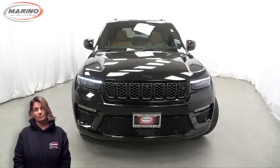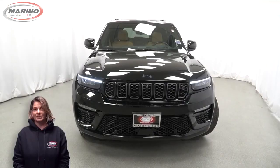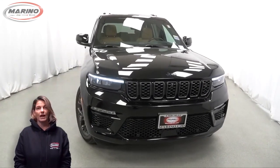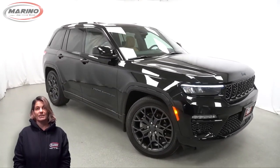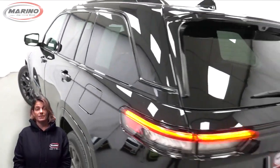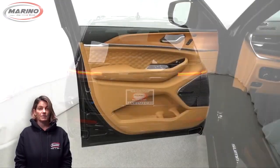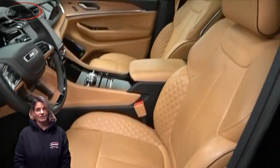Looking for a highly equipped SUV with all the right options and reliability? We'll take a look at this 2023 Jeep Grand Cherokee Summit Reserve 4xe in diamond black crystal pearl. With LED headlamps, premium fog lamps, 21-inch aluminum wheels, side distance warning, tow package, heated and ventilated front seating, heated steering wheel, 27,000 miles on the odometer,